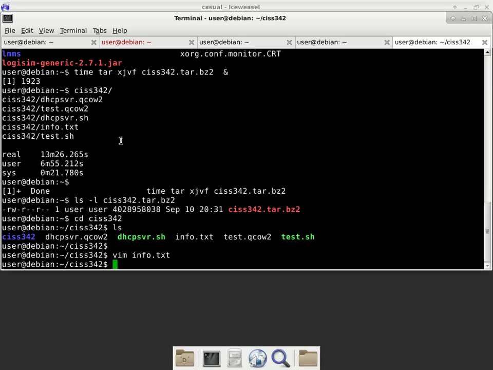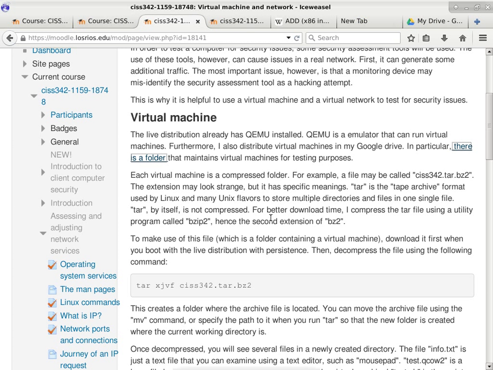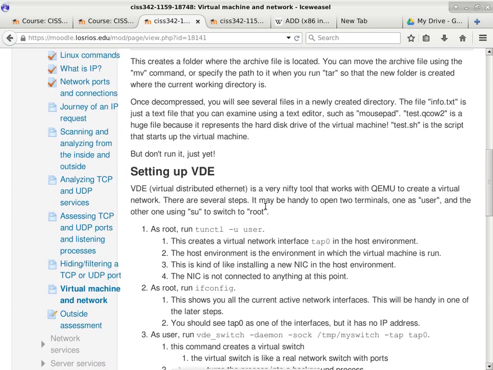So what is the password of this machine? Well, check the text file. Okay. I cannot run these scripts for now because they rely on VDE. Okay, we talked about VDE briefly last week. Okay, virtual distributed Ethernet. Okay, so what we'll do is we have to run a few commands first before we can get that to work. So let me close this first. Are there any questions at this point?